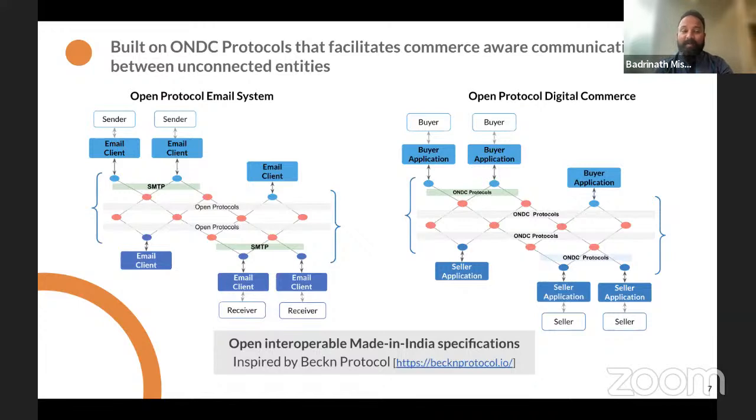I'll give you a small example of a protocol called SMTP, Simple Mail Transfer Protocol. If Adnan is on Gmail and Badri is on Yahoo, Adnan can send me an email from his Gmail account to my Yahoo account without thinking that these are two different companies and two different tech entities. We can still exchange our emails because SMTP is the protocol which made it possible for Gmail and Yahoo, being two different entities, to interact with each other over certain standard procedures.